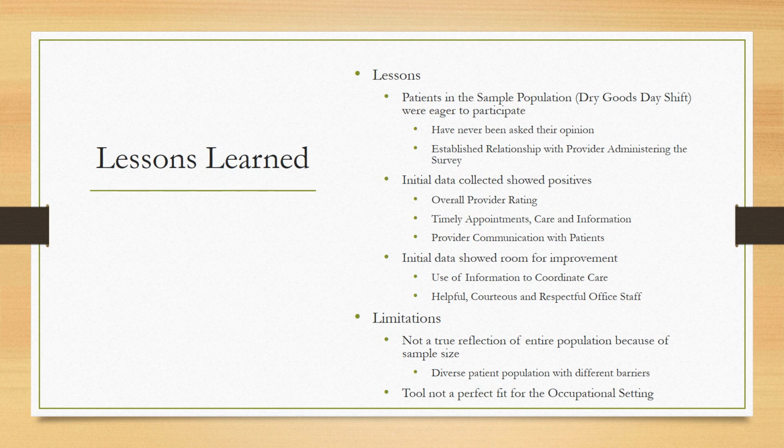don't have dedicated staff. But if we continue to use this survey in future PDSA cycles, I could see encouraging them to answer truthfully, regardless of who they're thinking of as office staff, because we all work as office staff in the capacity of scheduling appointments, getting them the information they need, and helping them with whatever questions they